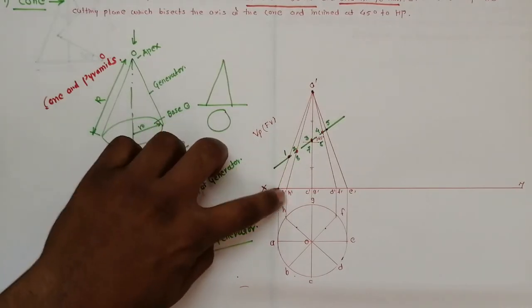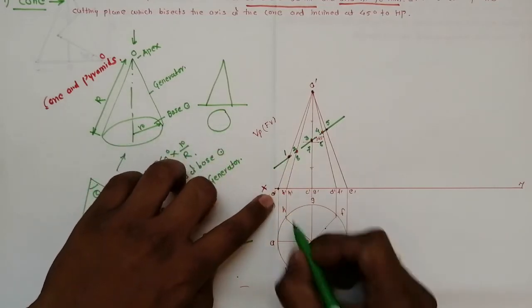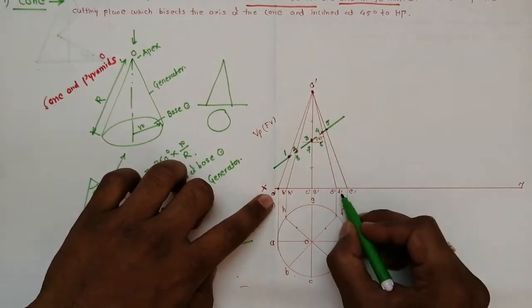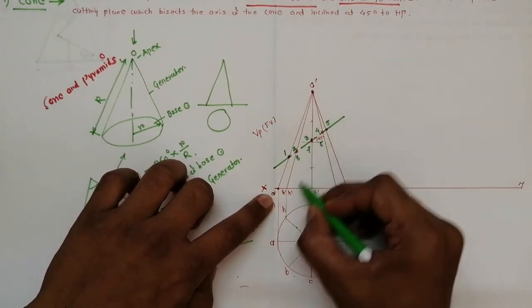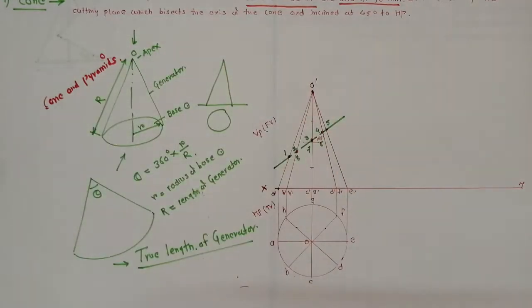So likewise we have marked the intersection, because here there is only one point, so one intersection. Here are two points, so there are two intersections. We have taken alphabetically, so for A, B, C, D, E we have taken 1, 2, 3, 4, 5. For F it is 6, for G it is 7, and for H it is 8. So likewise we have marked the intersection.